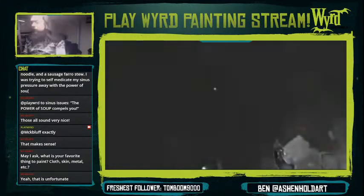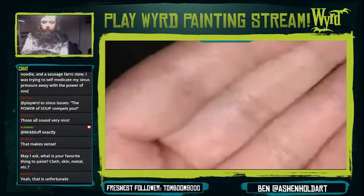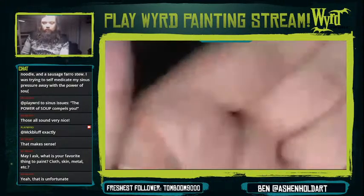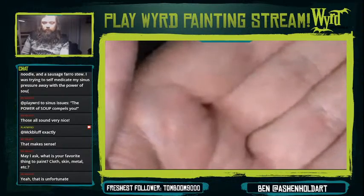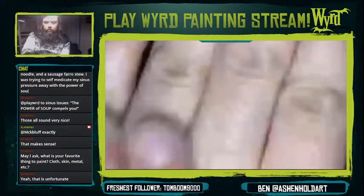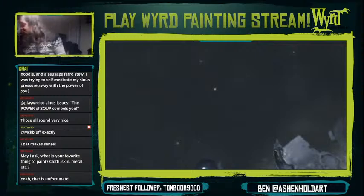Because when you think about it, it's more or less the same skin. It's just that it's got different levels of melanin or pigment in it. So it still adheres to a lot of the same rules. Although it's maybe not as obvious on me because I'm a Caucasian, the skin tone on the back of my hand is darker than on the palm of my hand. And it's the same if you look at someone of African descent, the skin on the palm of their hand is a lot paler than the back of their hand. It's little things like that that you can add to a miniature to make them that little bit more lifelike, more convincing. And I think this is a really long-winded answer to your question, sorry, but